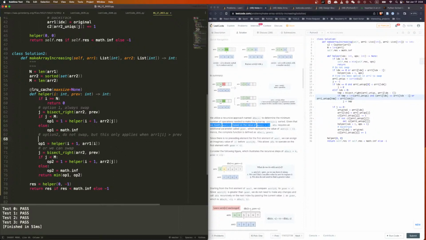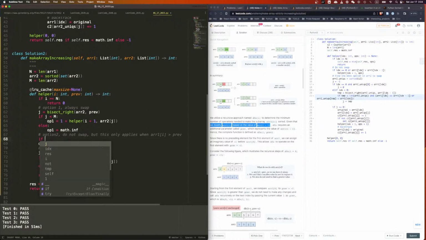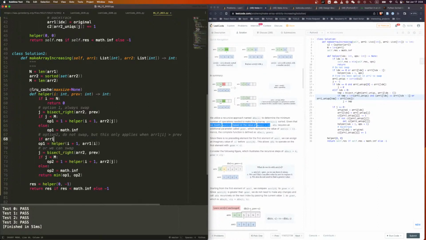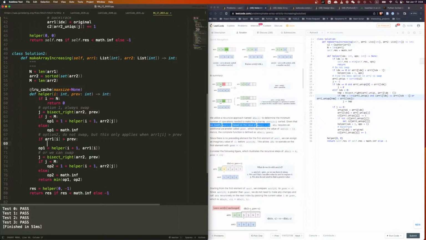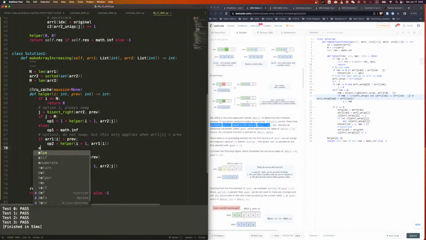Right, if array 1 I is larger than pre, then we do not swap. Then option 2 equal to this, right? Do not swap. Else